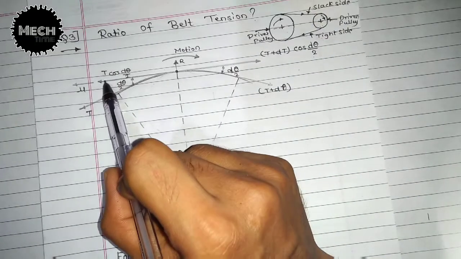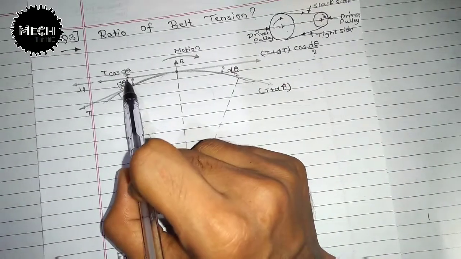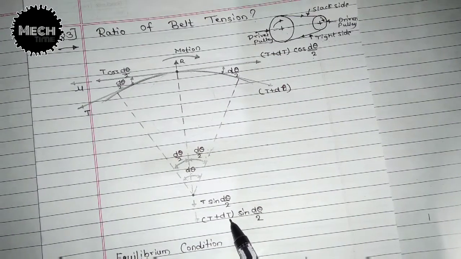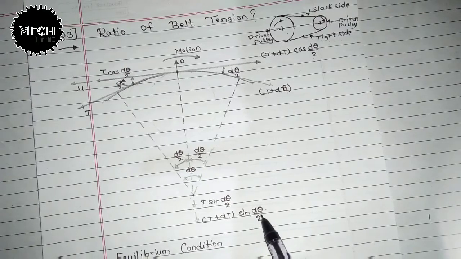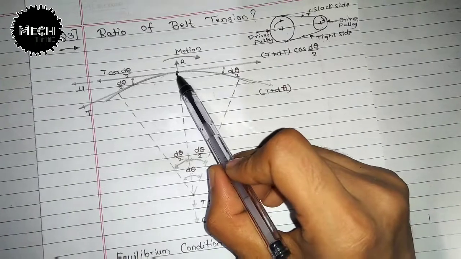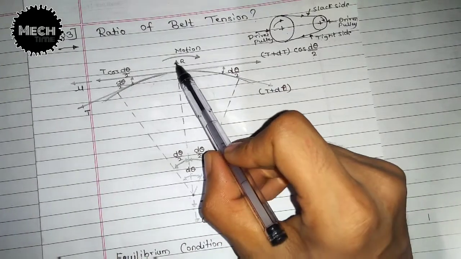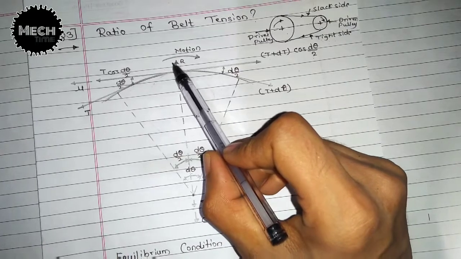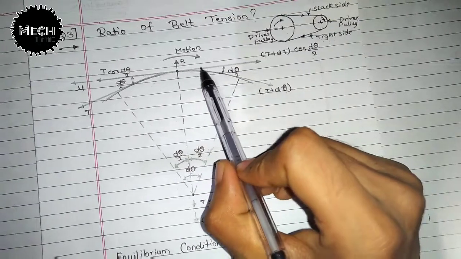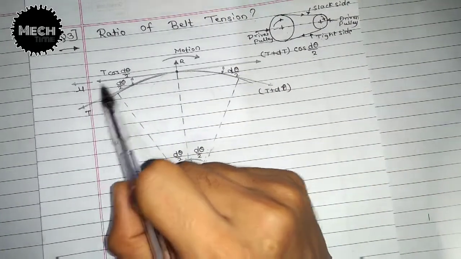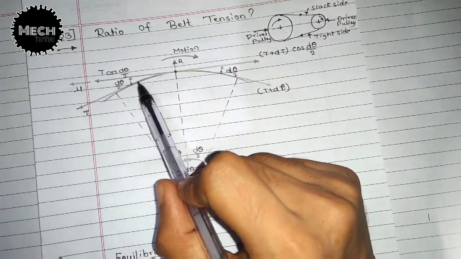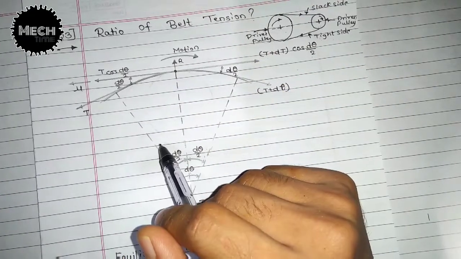At this side, these are the components: t cos d theta by 2, and here it will be t sin d theta by 2, and here it is t plus d theta dt sin d theta by 2. Here there is a contact point, you can see a contact point over here. So there will be a reaction force, right? There will be a reaction over here, and if motion is in clockwise direction, then the friction will be at this side, so you can see a friction over here, and therefore this side will be mu R, where mu is the coefficient of friction, we know that.